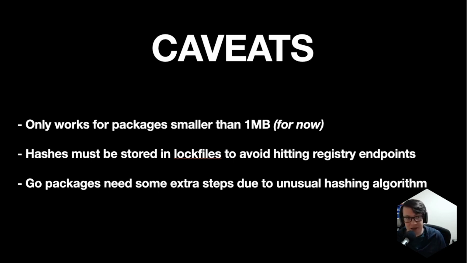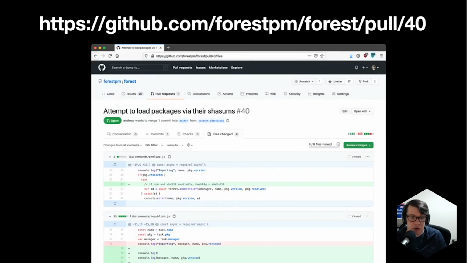Some package managers like RubyGems don't do that, so we'll have to go to the registry to fetch those things right now. And Go package management has some weird hashing that we need to do extra steps internally. It makes it slightly slower on the first pass, but it does work. And I have the code to prove it